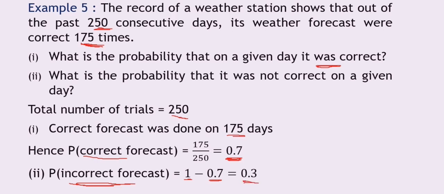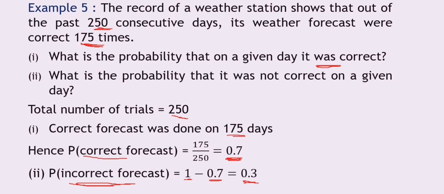So in this sum I have used a different method. If there are only two outputs, correct and incorrect, then if you know the correct, 1 minus the correct will give you incorrect. If you know the incorrect, then 1 minus incorrect will give you the correct. We did in the previous slide the probability of an event E occurring and the probability of event E not occurring. If you add the occurring plus the not occurring, you get 1.